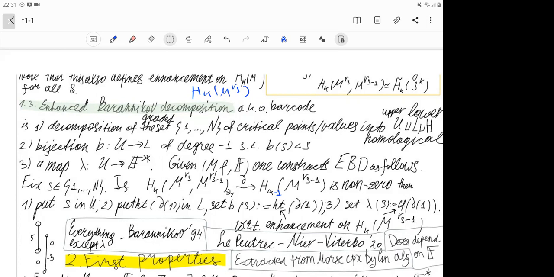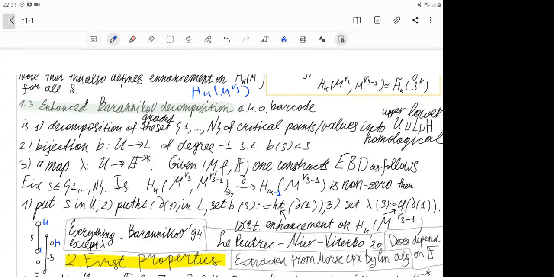Right. Okay. So here is upper. But also, if they were going to cancel, they had to be paired into U and L, right? Yes, right. So usually you cancel out 2 points which are neighboring, kind of close to each other. And for this to happen, they have to have this number equal to plus or minus 1. Okay, great. So everything except for lambda was initially constructed by Barannikov in '94,